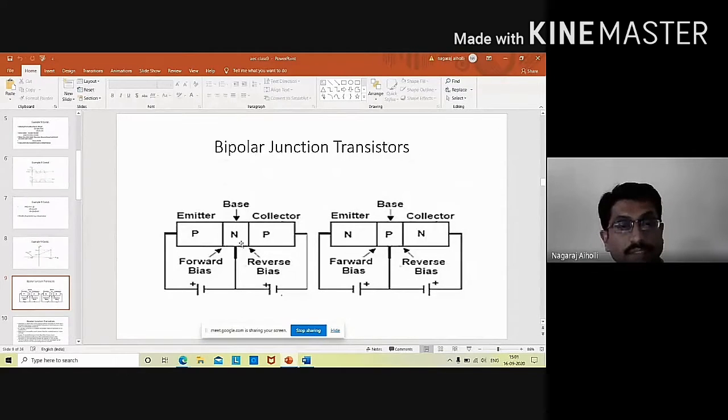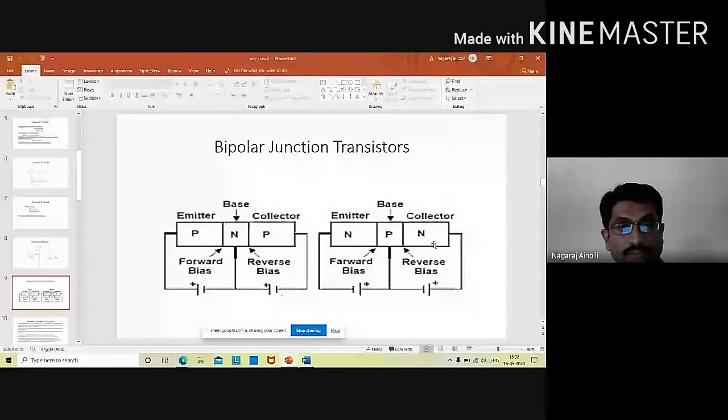As the amount of doping done to the sandwich layer is less, its conductivity is also less and its resistance is high. More the doping, more the conductivity, and lesser the resistance. Less the doping, less the conductivity, and higher the resistance. Clear, students? So this is how we write the definition of a bipolar junction transistor, as a 3-layer semiconductor device which has either 2 p and 1 n layer called a PNP transistor, or 2 n and 1 p layer called an NPN transistor.